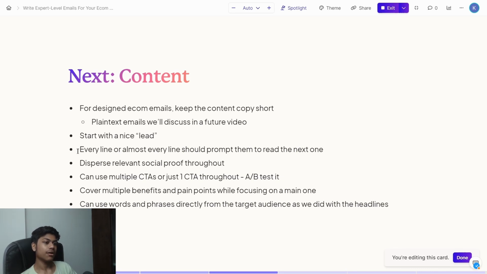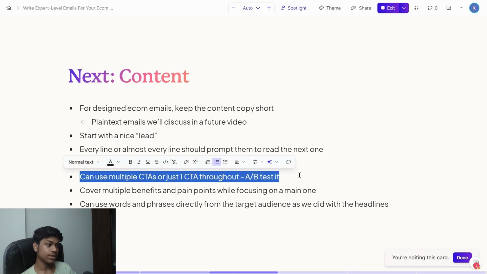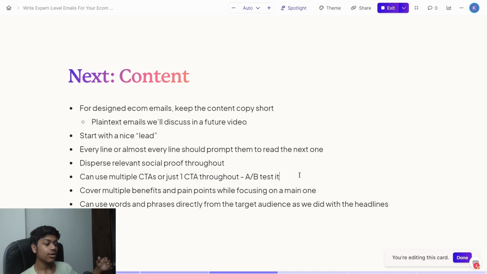So anyway, every line, I just read this, so you can use multiple CTAs. Basically, in the content, you should A/B test having just one CTA at the bottom versus having multiple CTAs dispersed throughout the content. Both of them kind of work, but it really depends on your audience, how much they want to read, how impatient they are, and all of those factors. That's why you always want to A/B test this type of stuff. It's more dependent on your audience because you can't make a generalized prescription for all brands.